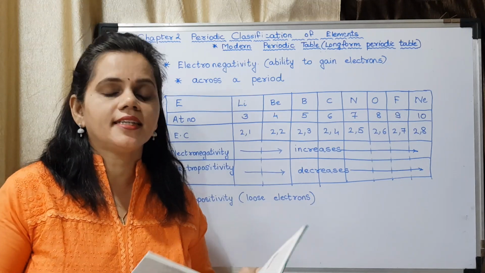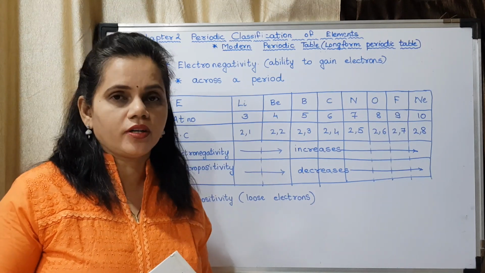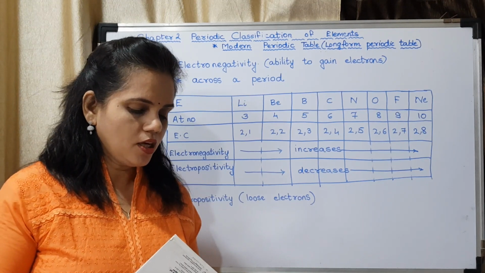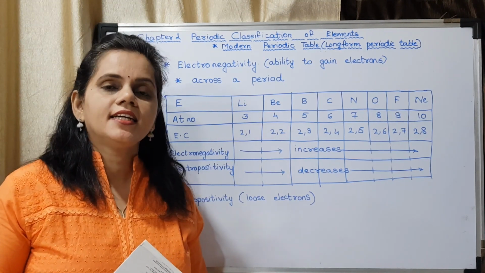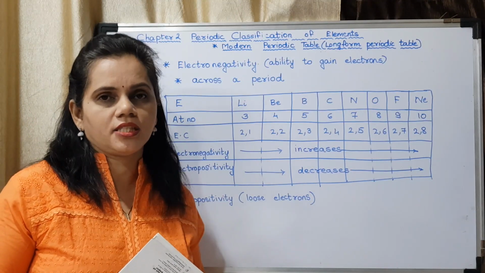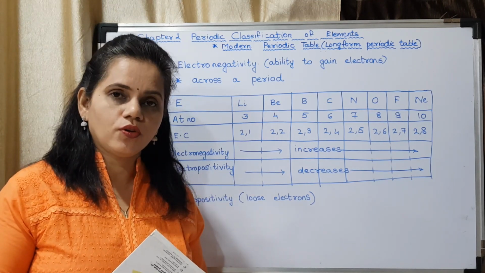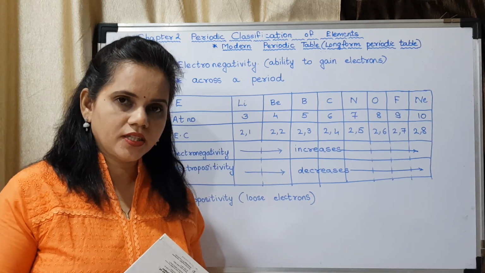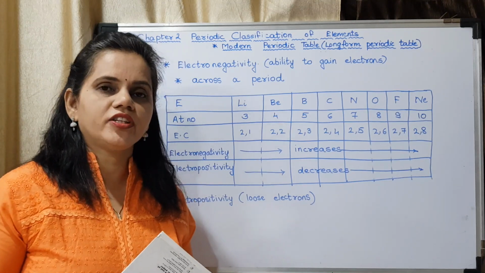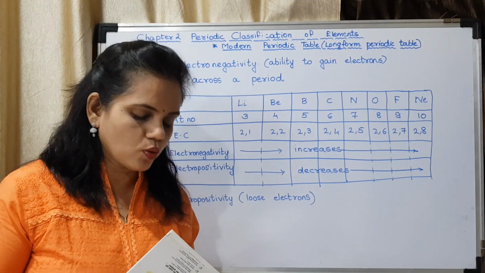Now, for the textbook questions, think about it on page number 24. What is the relationship between the electronic configuration of an element and its valency? The answer is there in the notes. You may check. It is an important, very frequently asked question, a 2-mark question. The atomic number of beryllium is 4, while that of oxygen is 8. Write down the electronic configuration of the two and deduce their valency. Even this question was asked once in some schools.